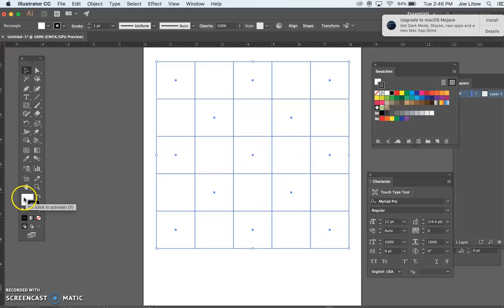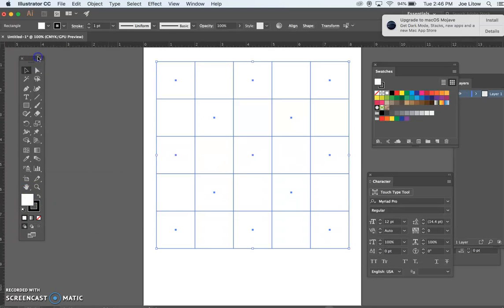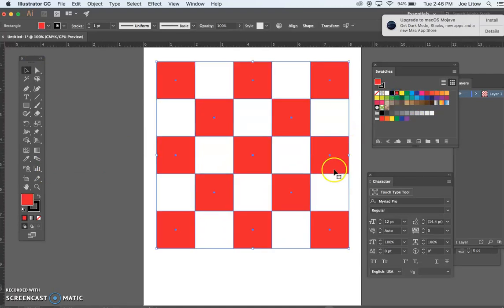Now I have selected all of these, and I'd like to bring the fill in the front, which is at the bottom of your tool panel. When the fill comes up, I will now make it a color. So just for illustration, I made all of those blocks red. And now I want to, let's make the other blocks